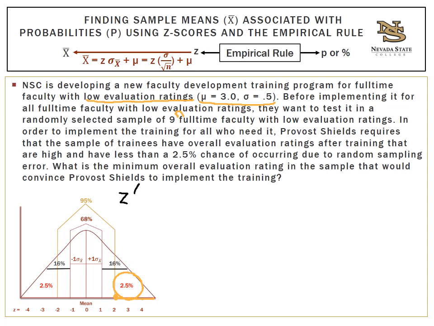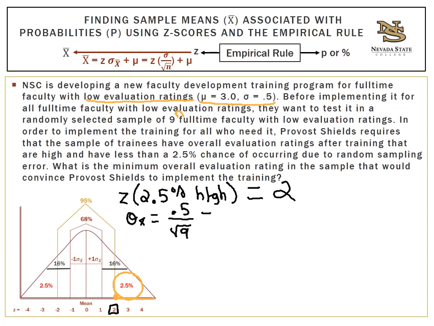So the z associated with 2.5% on the high end equals, right there, positive 2. Now, before we can use our beautiful little formula, we need our standard error. So standard error equals our standard deviation of 0.5 divided by the square root of our sample size of 9. This becomes 0.5 divided by 3, because 9 square rooted is 3, equals